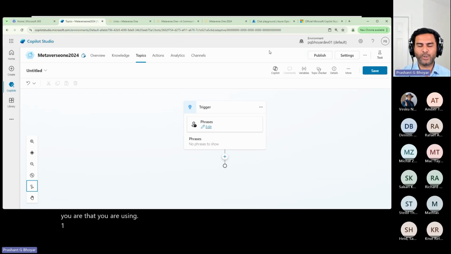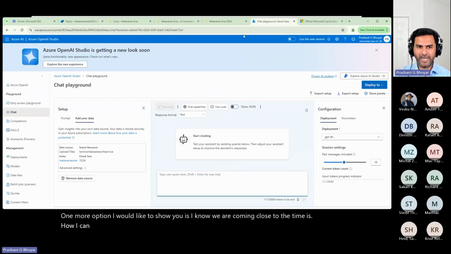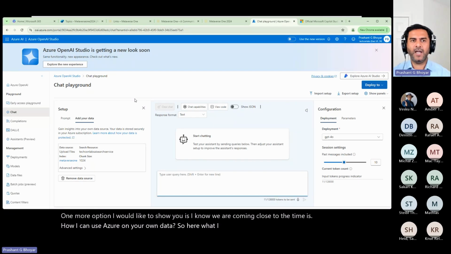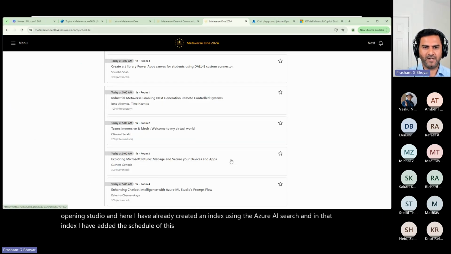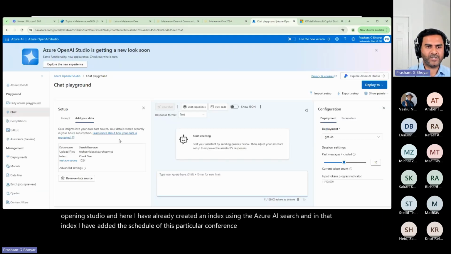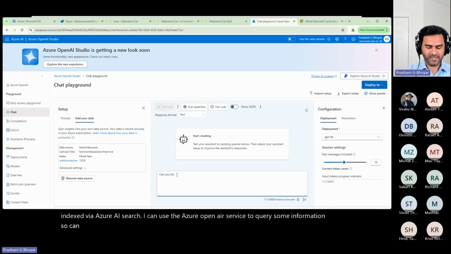One more option I would like to show you, as I know we are coming close to the time, is how I can use Azure OpenAI on your own data. Here I'm inside the Azure OpenAI Studio, and I have already created an index using Azure AI Search. In that index, I have added the schedule of this particular conference. Once that schedule is indexed via Azure AI Search, I can use the Azure OpenAI service to query some information. So can you list